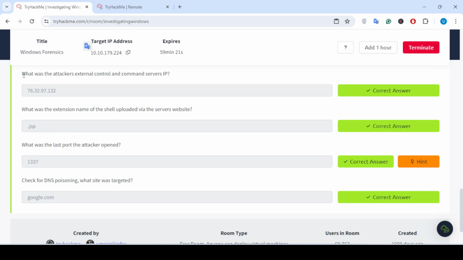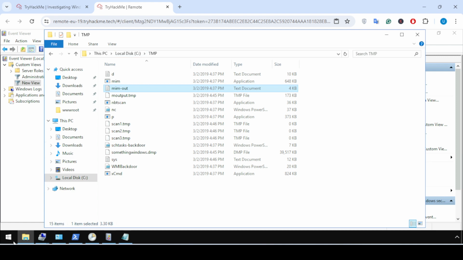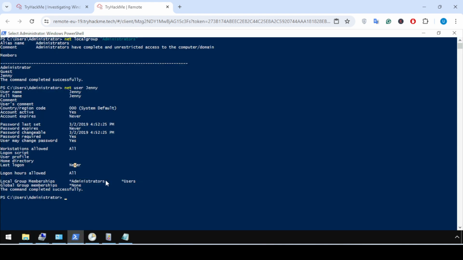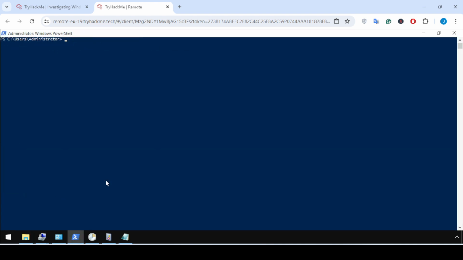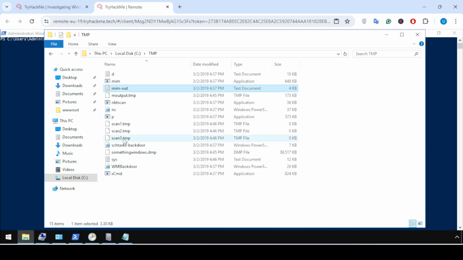The next question is: what was the attacker's external control and command server? You need to find the IP address of the C2 that is used by the attacker. Obviously he hosts his server.